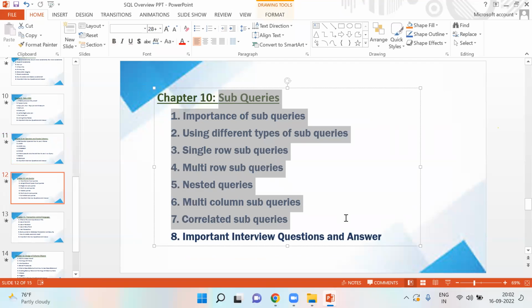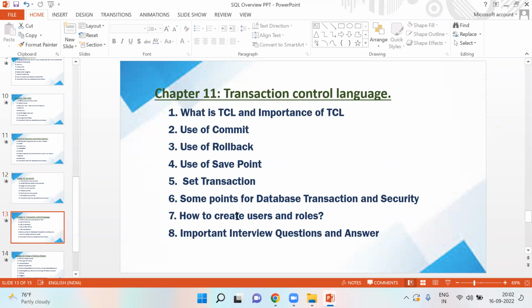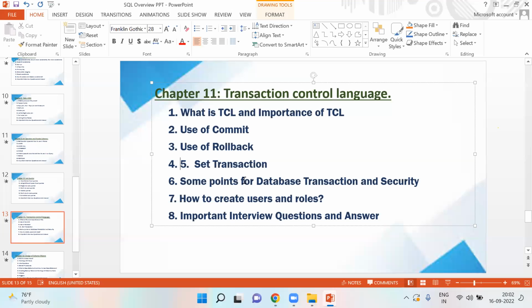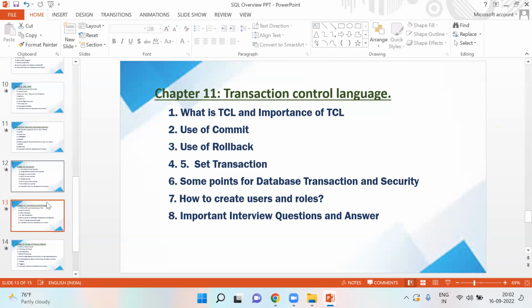Subqueries we'll see. This is where it will be a little bit complicated for you people, as you'll be seeing it the first time. Okay, otherwise if you give 100% effort, it will not be so difficult. All these things we'll see. So transaction control, how to use commit, how to do rollback, we'll be seeing that. Savepoint is not required. Okay, so these are the topics we'll see as part of transaction control language.